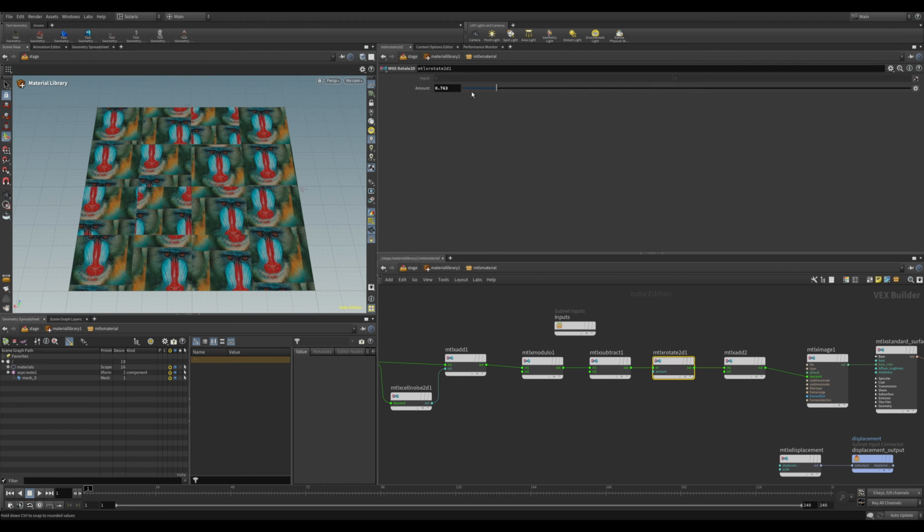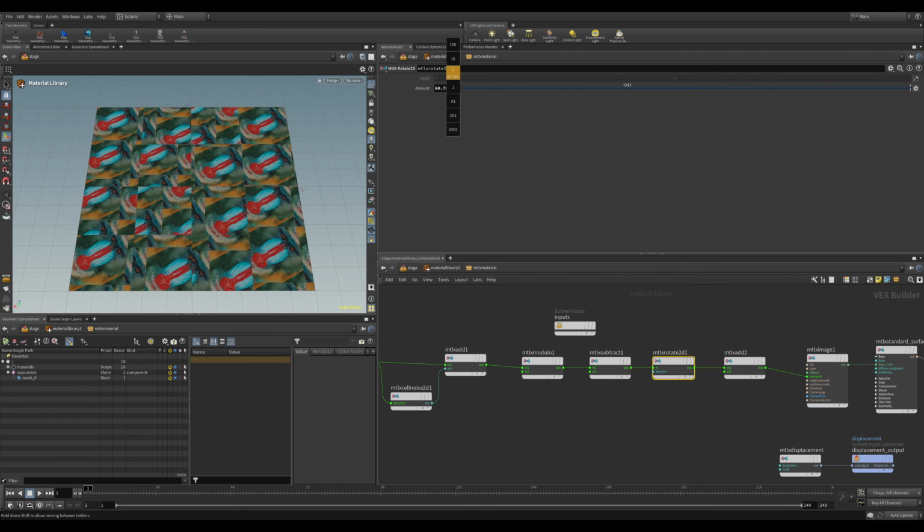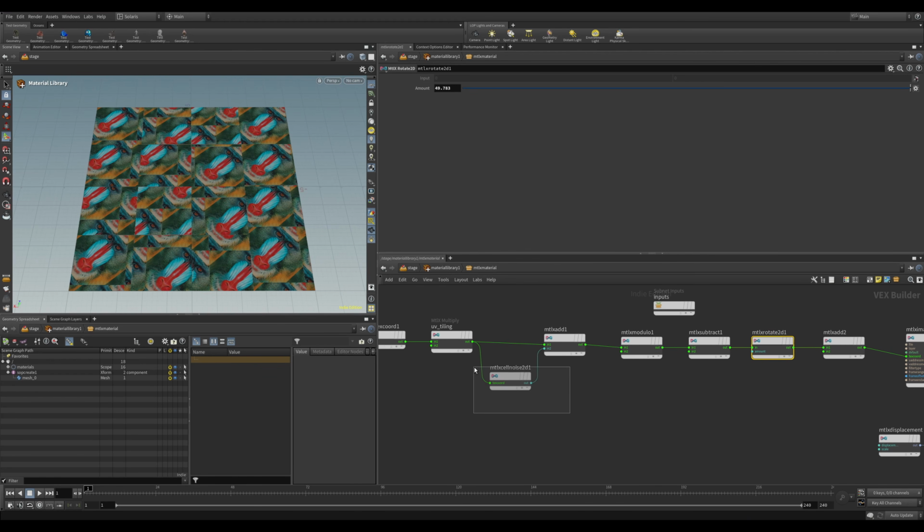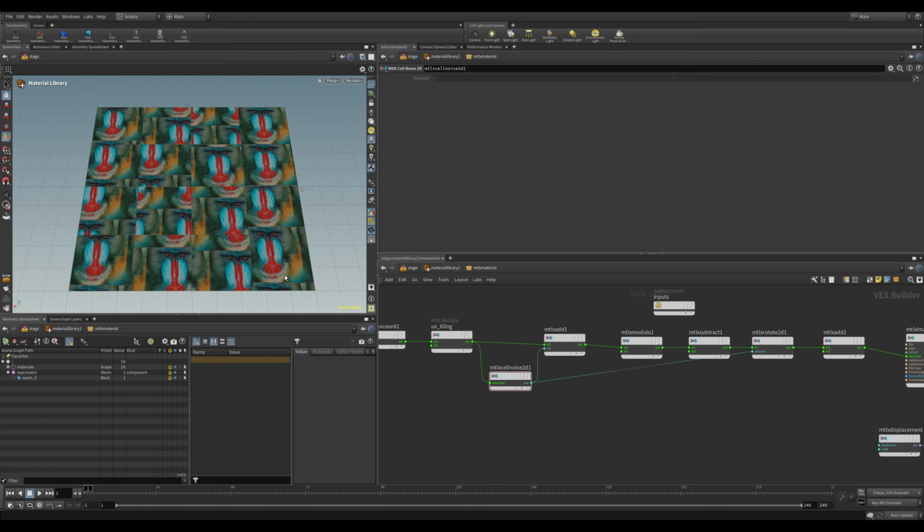Okay, great. Our rotation still works, but next we need to make sure that the rotation is random for every tile. And that's where this cell noise comes in. Now the cell noise is creating a different value for every cell. So we can utilize that and use that value for the amount for rotation. But the value is quite small. I think it's between 0 and 1. So we need to remap that value range to a different range. So for that, I'm going to use the range node.